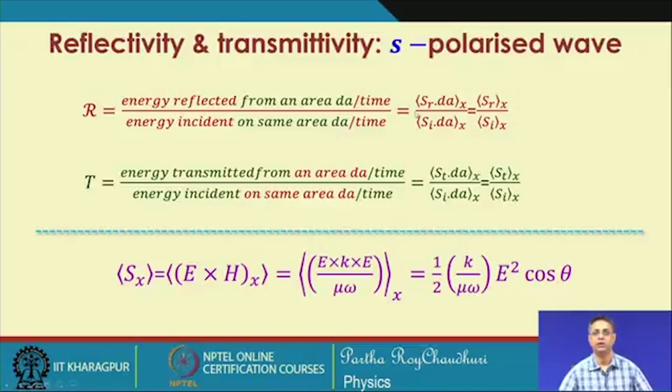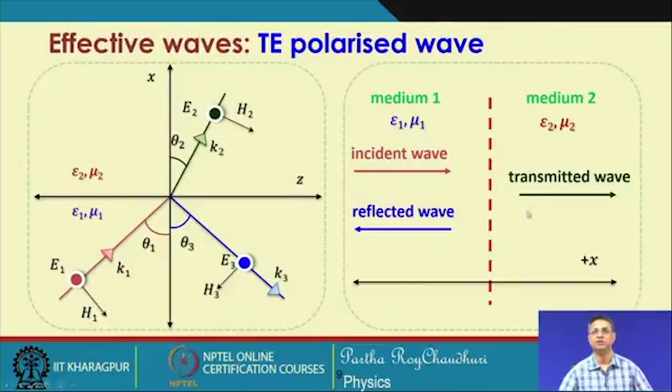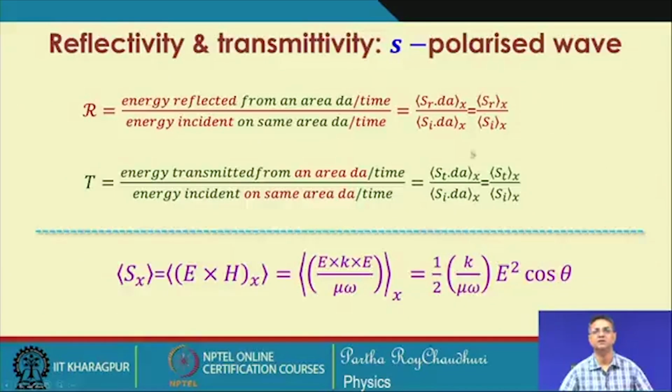So, in terms of the Poynting vectors, we can write this, the x component of the Poynting vector, because the reflection or transmission, whether along the positive or negative x axis, is only along the x direction. And similarly, the energy transmission coefficient, that is the transmittivity, is defined in the same way,